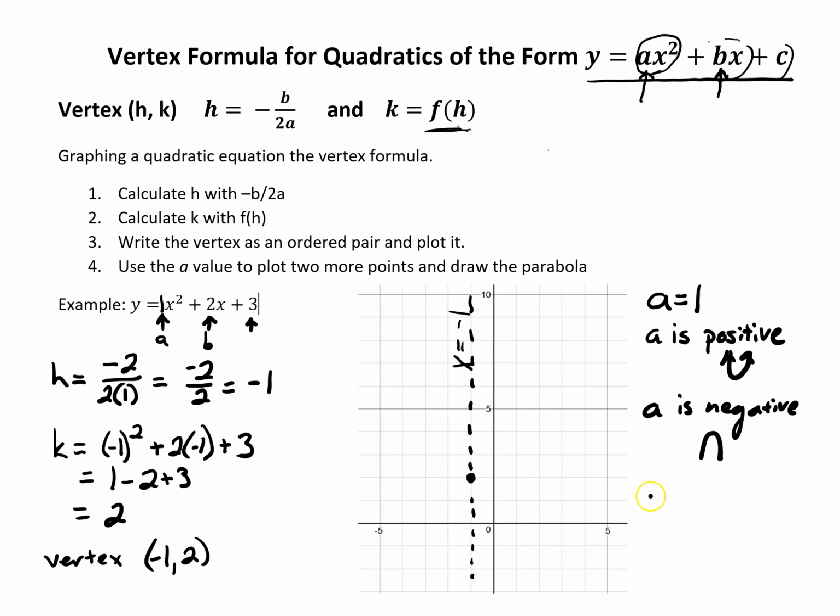And the other thing that a does, since a is 1, if I change that into a slope, so I have a value of 1 and I put it into a fraction, I would have 1 over 1. Now this 1 over 1 will help us from the vertex to go over 1 and up 1. Now I went over 1 because my a value is positive. Now because I know a parabola is symmetric, I know from the vertex I could also go left 1 and up 1. And now I have my parabola. I can graph